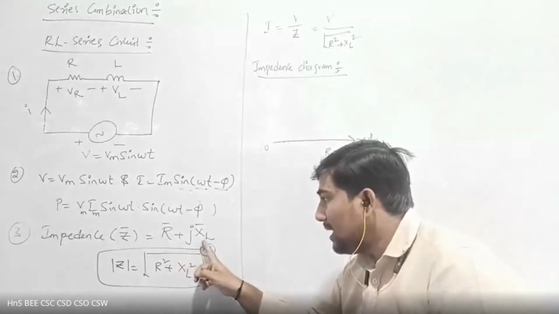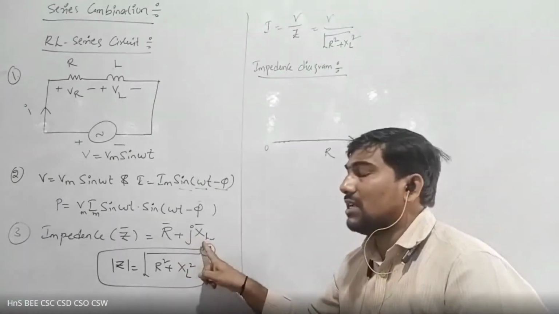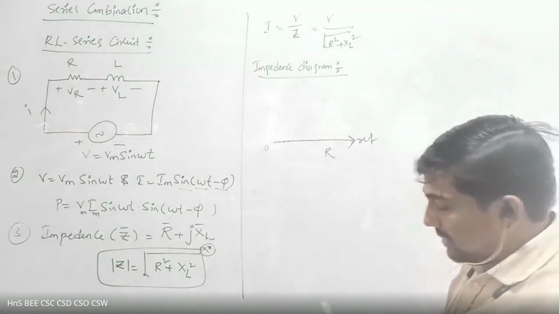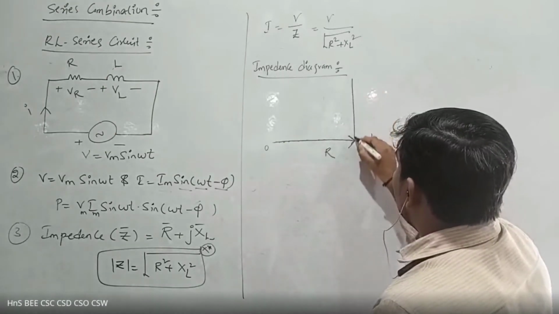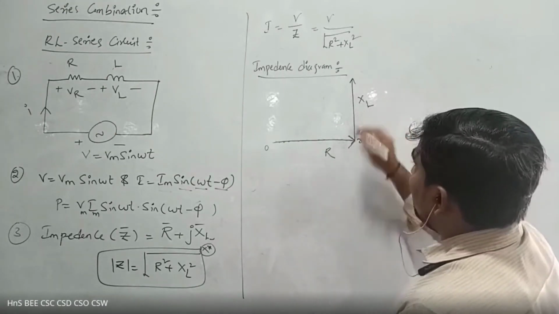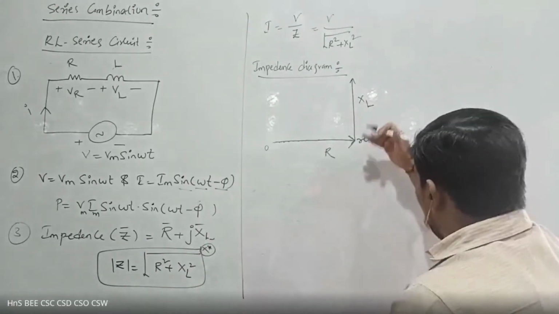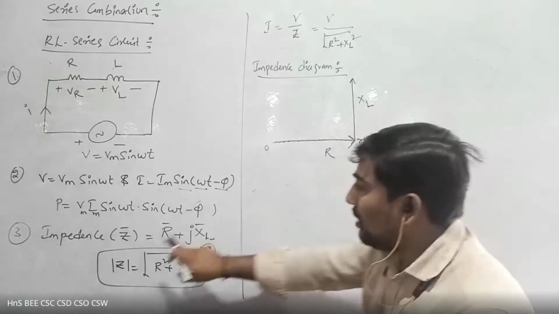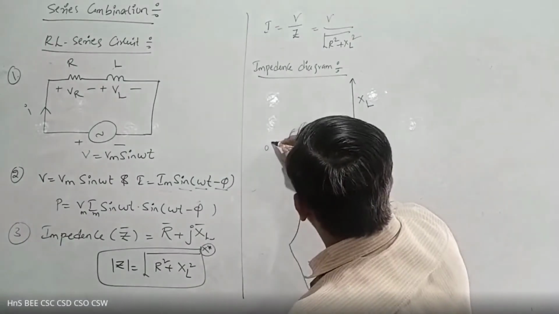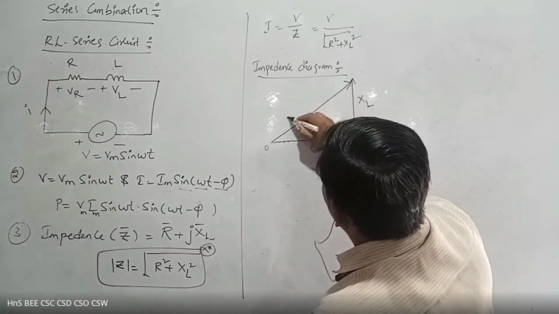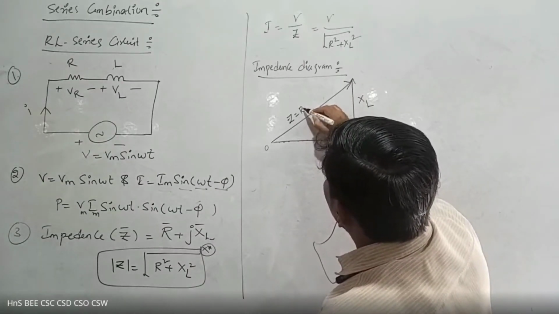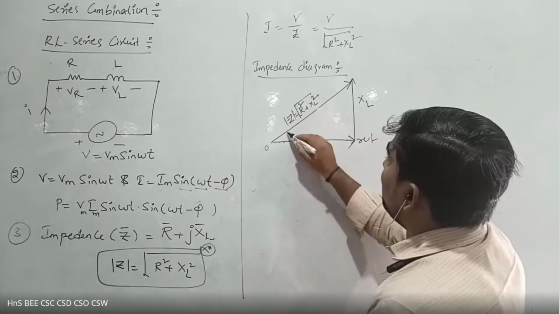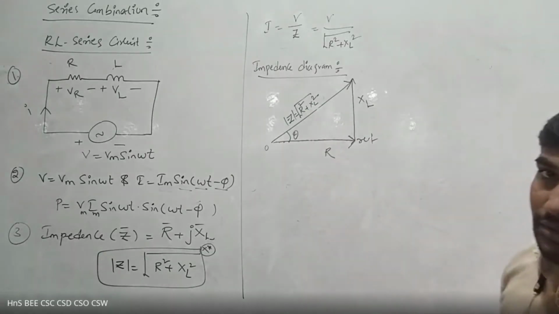Now there is a plus imaginary axis or a minus imaginary axis. Simply, these are plus imaginary axis, the leading position, that is plus XL. For example, if there is a minus, you take the negative one. The combination of real part as well as imaginary part is called impedance. Simply you draw the diagram. This is the impedance, equal to the square root of R square plus XL square. That is your total impedance diagram of the RL circuit.